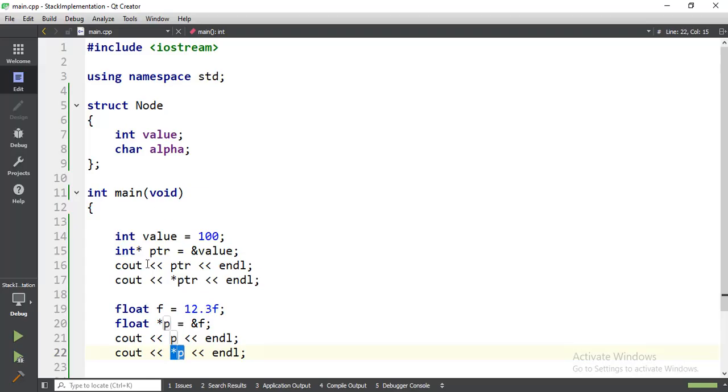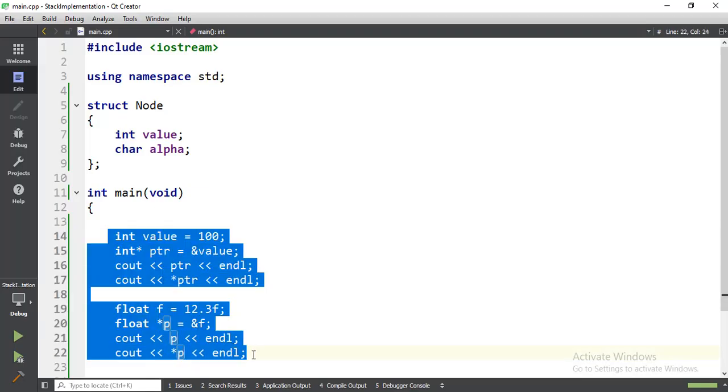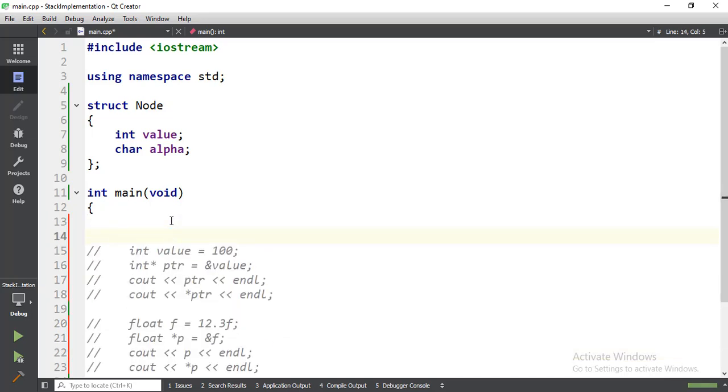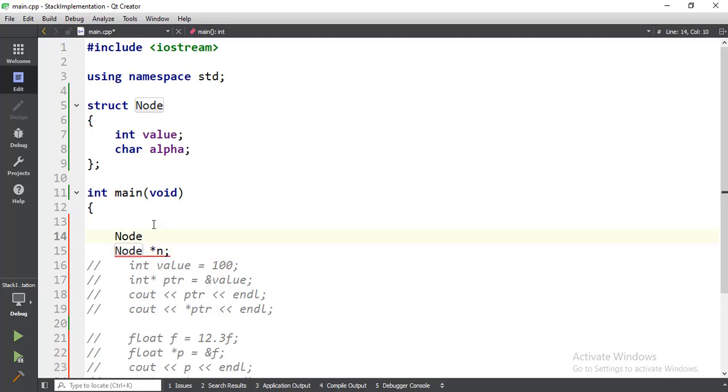Now let me comment out this code, and let's talk about pointer to structures. The concept is the same. So for example, if you create a node and you say star, and now we have created a pointer. It's a pointer to the node object, so you can then assign the address of a node, but we haven't created any node. So if I create a node and I say node